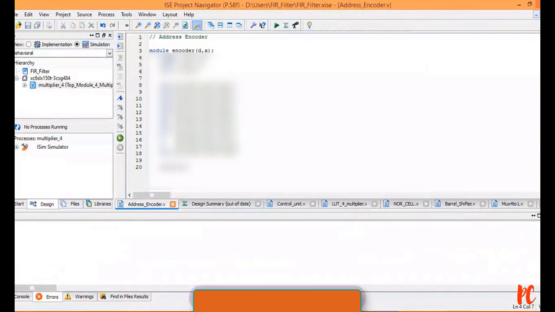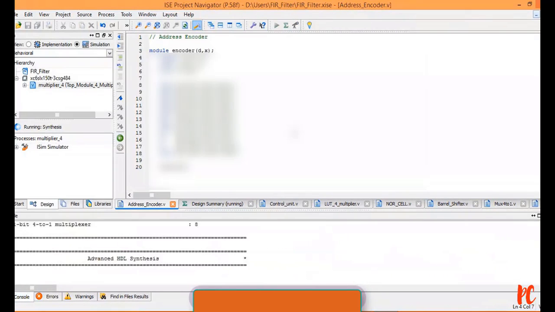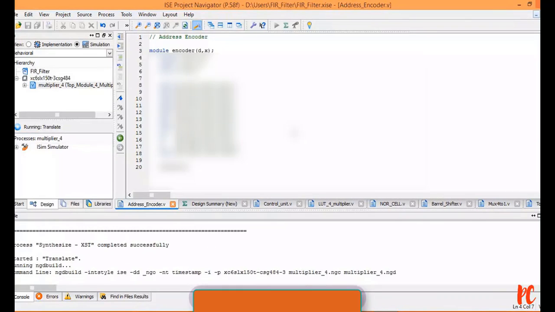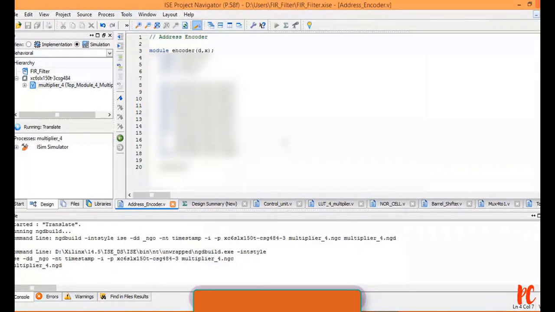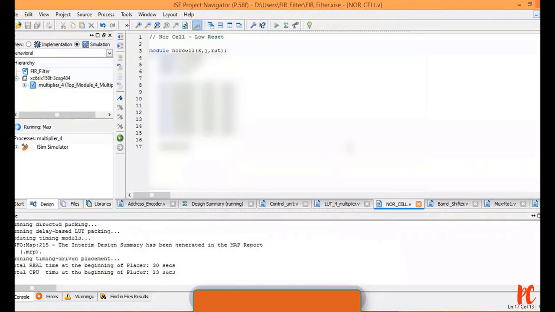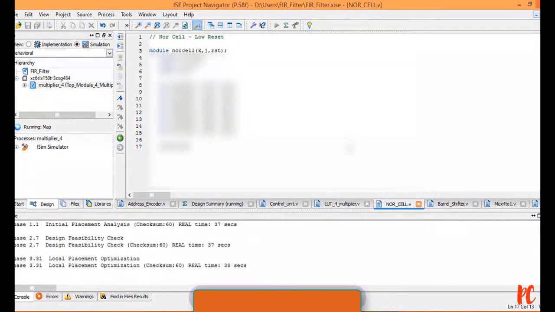Let me save it. Let me rerun it again. So I am done with the program. See here, process synthesis XST completed successfully. You might get warnings. Do not bother about warnings, but check for the errors if any. Your synthesis report will give detailed information about the project that you have done.